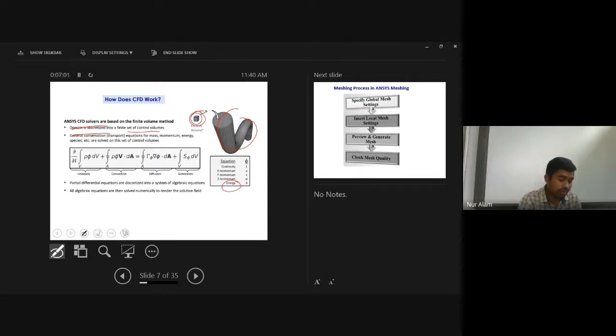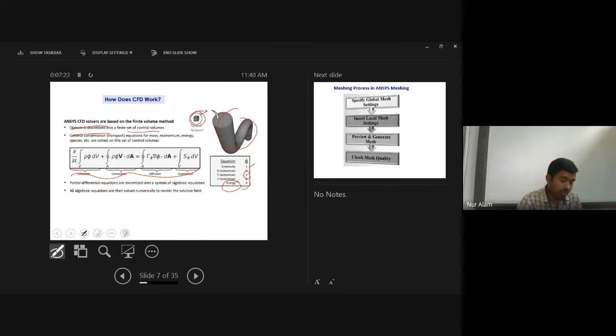Here is the general equation which is generally solved in ANSYS. If you put 1 here, it will be your mass conservation equation, or continuity equation. If you put U, V and W, then you get the momentum equation in each of the directions, and then an energy equation.